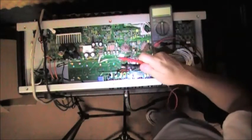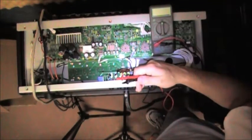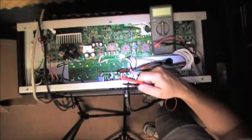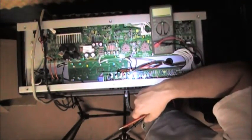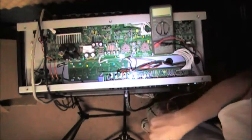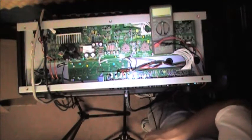I'm making this video because I was unable to find the information that I thought was needed to correctly bias, replace and bias new tubes on the Blackstar HT 100. The information that I'm going to share with you is information I've garnered from the internet based on my own e-research, my own e-searches. So yes, I use the Googles, I use the Bings,